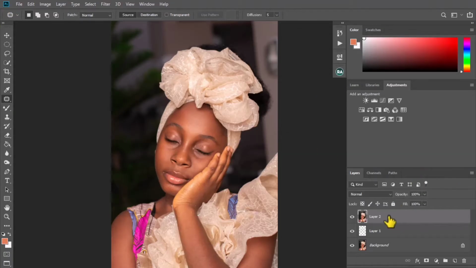So what do we want to do? We want to go into frequency separation proper. We create a new layer, just Ctrl J to duplicate the layer. We have two. We name the first one low frequency separation, just name it low. You can name it anything as far as you know what you're working on. Then this is high. So don't forget, I told you low represents the color and the skin tone,